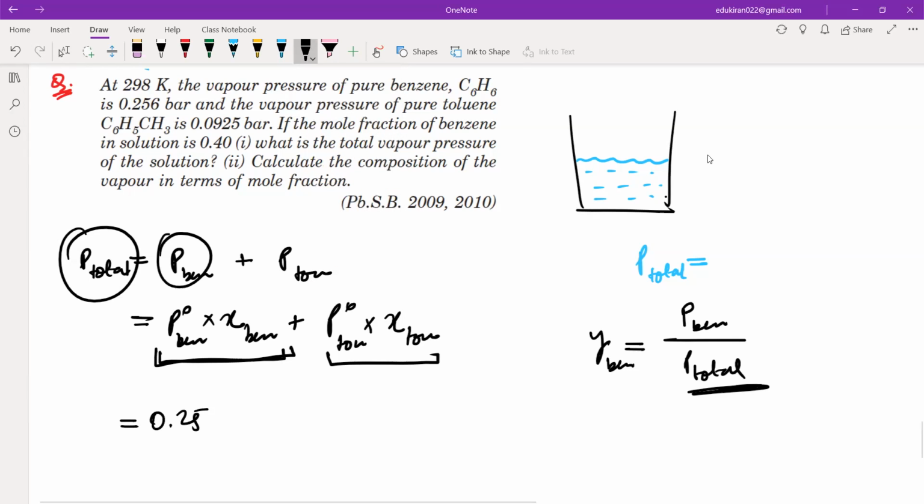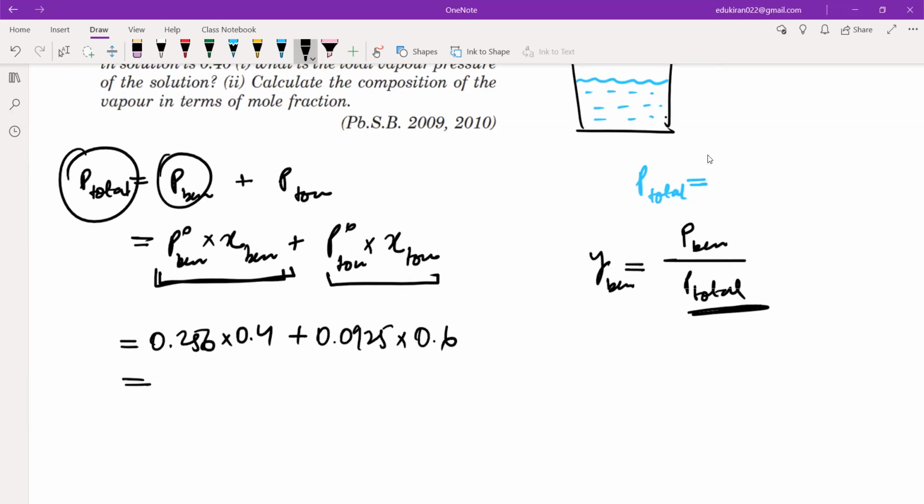P naught of benzene is 0.256 into 0.4 plus P naught of toluene is equal to 0.0925 into मोल फ्रैक्शन ऑफ toluene will be, ये 0.4 है तो ये 0.6 हो जाएगा। अब इसको मल्टीप्लाई कीजिए आप, सिंगल डिजिट है, आराम से हो जाना चाहिए। 4 दूनी 8, 9, 10, it will be 1.024 प्लस 6 दूनी 12, 12, 3, 15, then what do you have, 9, 6, 92, 92 और 1, 93, 52, 52, 53 होगा।